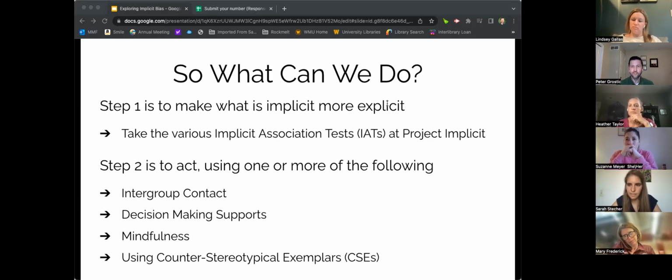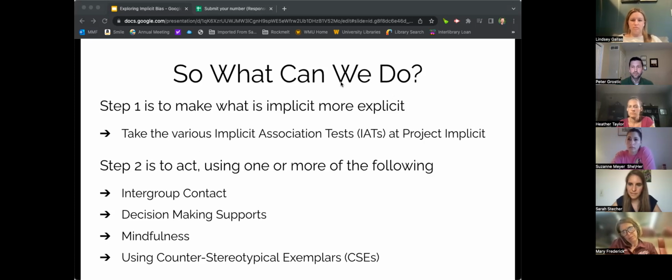The third one is mindfulness. This is near and dear to my heart as a certified mindfulness teacher. Mindfulness is defined as present moment awareness without judgment. And this kind of awareness helps us realize more quickly when our cognitive resources may have been depleted, making it more likely that we'll use one of those decision-making supports. So those two are really kind of linked. And mindfulness is often referred to as a practice because it is a skill that we can improve the more we practice it.